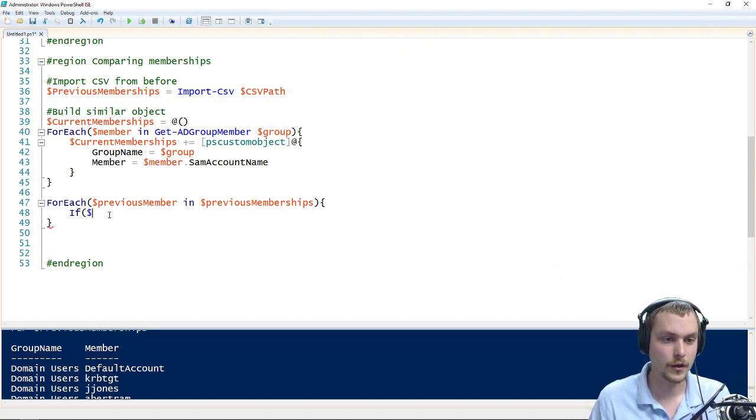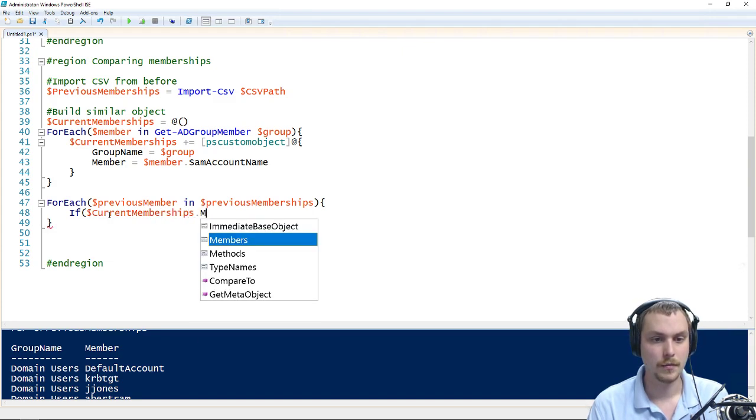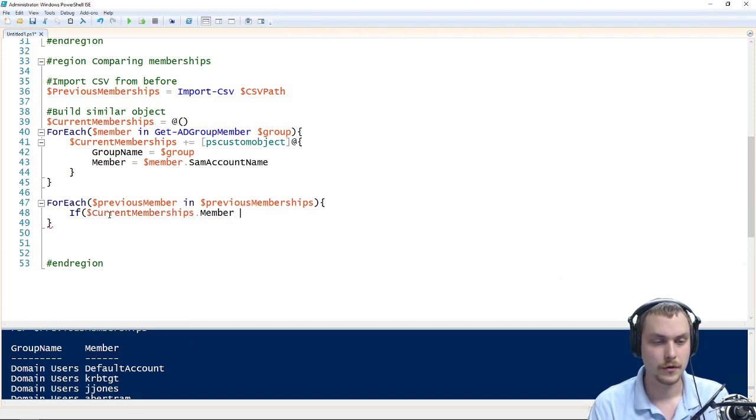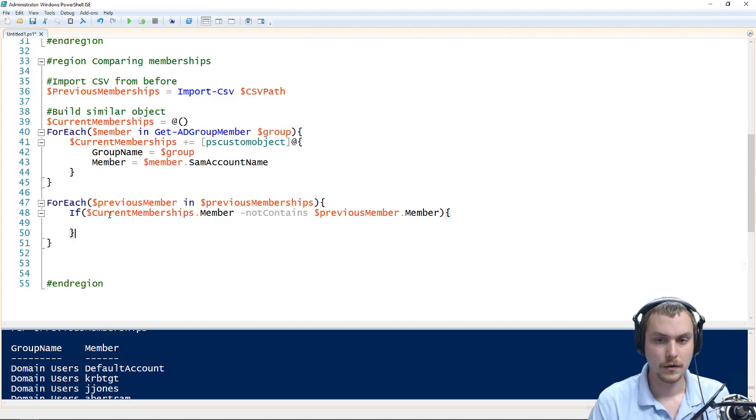There we go. Okay, so if current memberships dot member contains, or no, not contains previous, yeah, that's lowercase, previous member. See, memberships is that same, so dot member. All right, so if the current does not contain what was in it previously, then we want to say, and